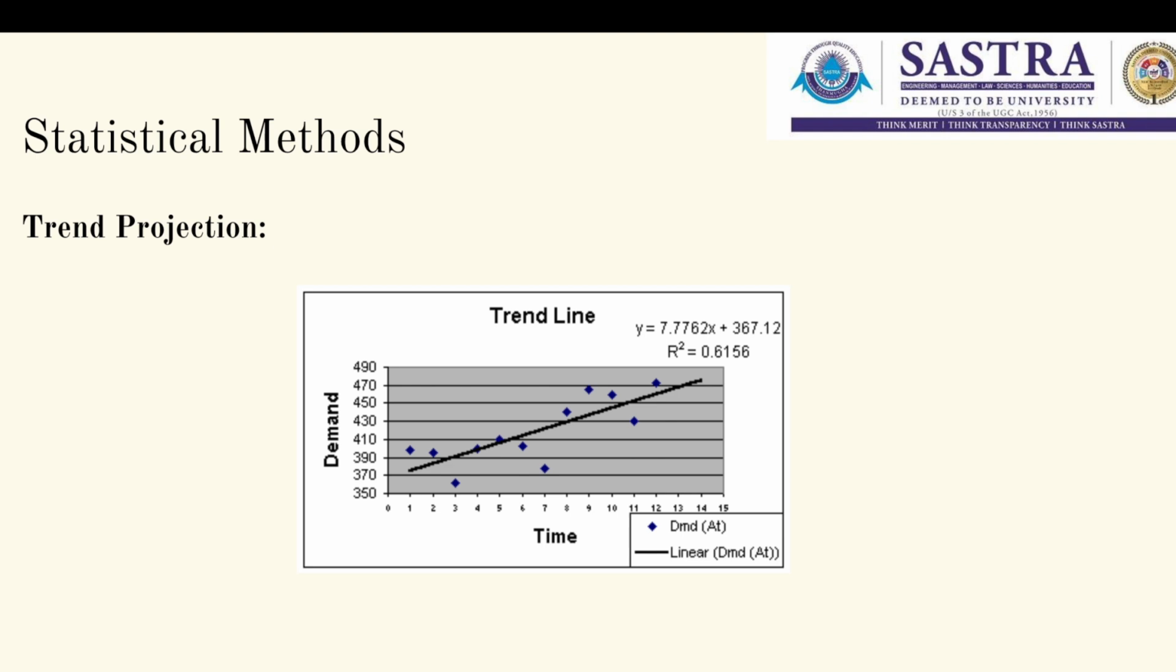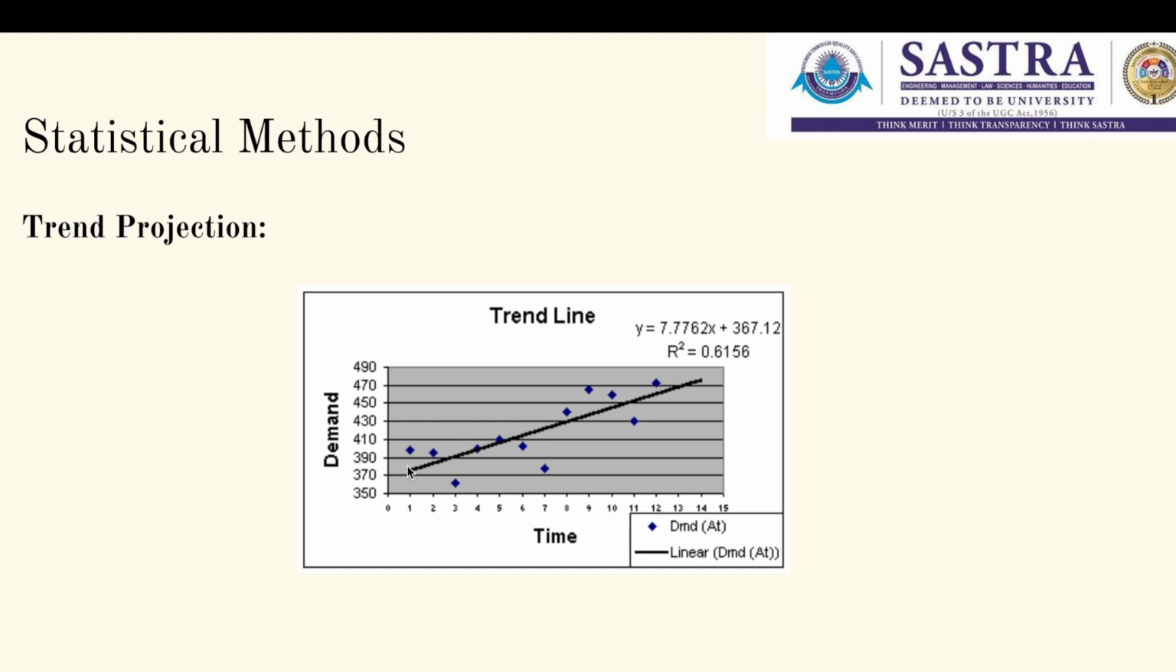Trend projection uses past sales data, like the data that we already have. We use that to predict how the future is going to be. And this is basically a trend line, so the demand keeps increasing over time. In this case, as you can see, it increases linearly. It's not necessary that it has to increase linearly all the time, but this is a simple example to understand